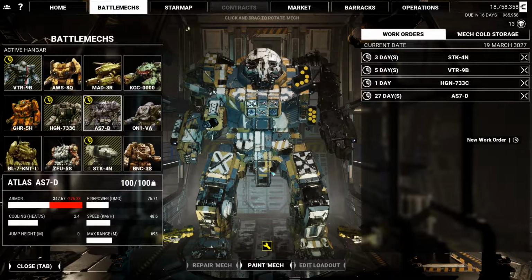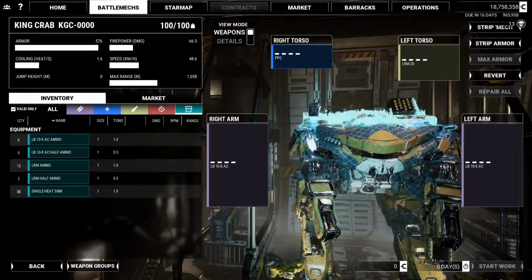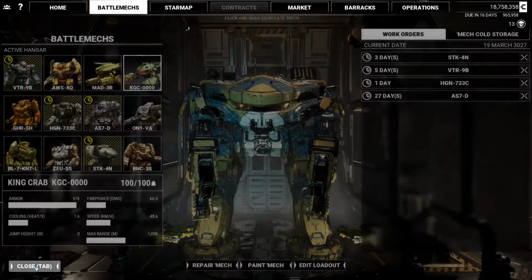Another change I think I want to make, I'm not positive of though, because I need to actually look at the loadout of the King Crab and see if there's actually room for this. So, oh, heck yeah, there is. But I don't have any more double heat sinks. So my idea was to maybe put some more double heat sinks in here. I thought we had 4 of the things. Maybe I did at one point and I put it in a different mech. If that's the case, I don't remember which mech that is, so...